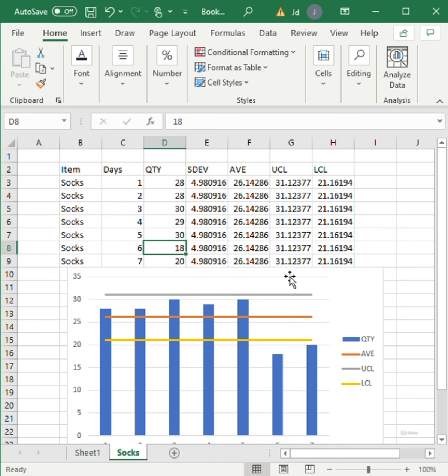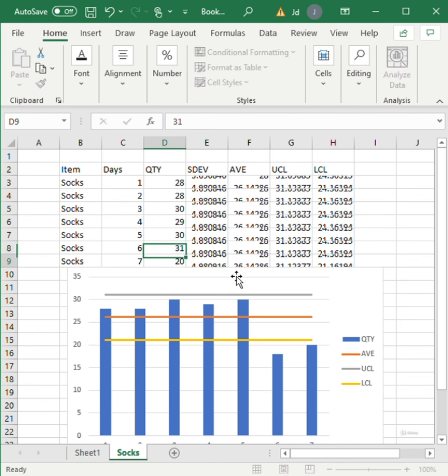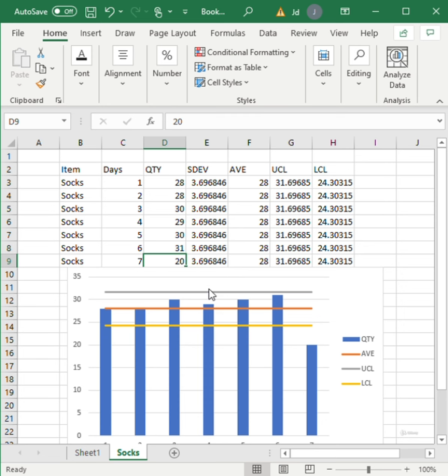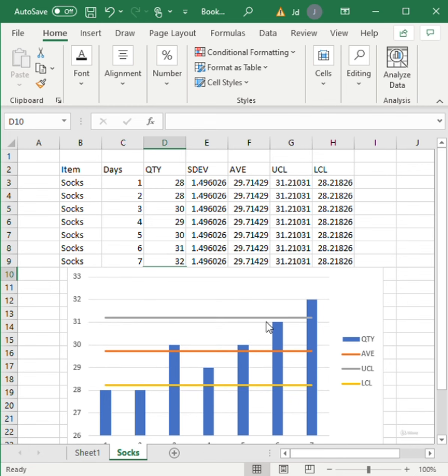So our suggested upper control limit would be 31, so we can put in 31. We notice that all of our stock can still fit inside there. And then over there it's 32. But now, when we followed the upper control, 32 seemed to be the one, but you notice the average has now gone back to 31. If we have 32, we'd be overstocking, as represented by the blue above our upper control limit.